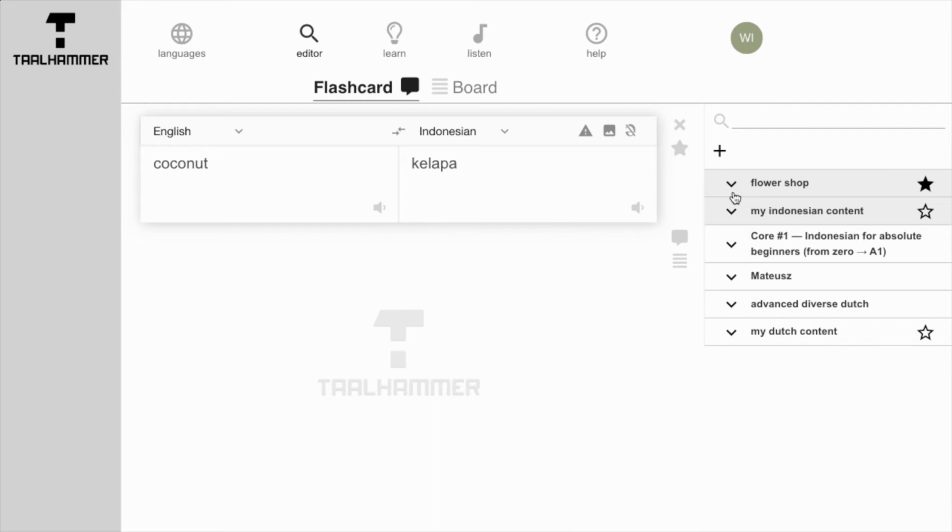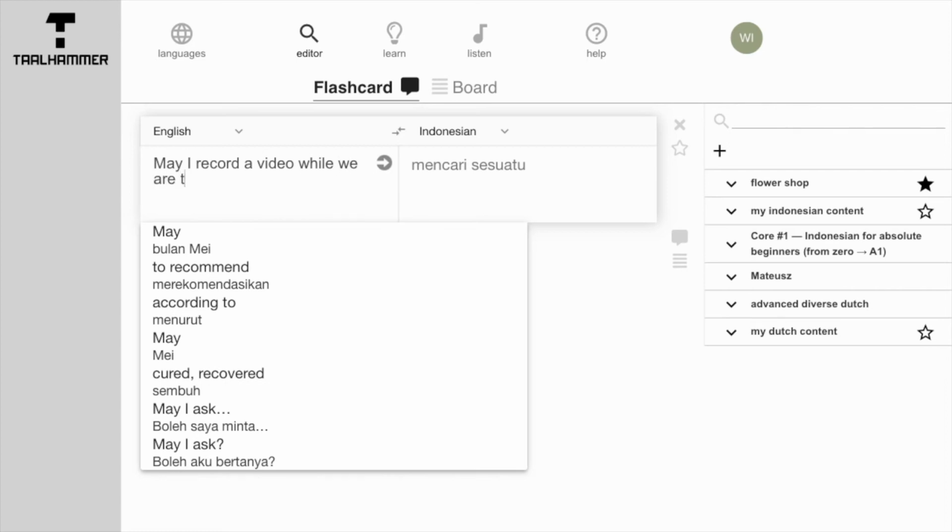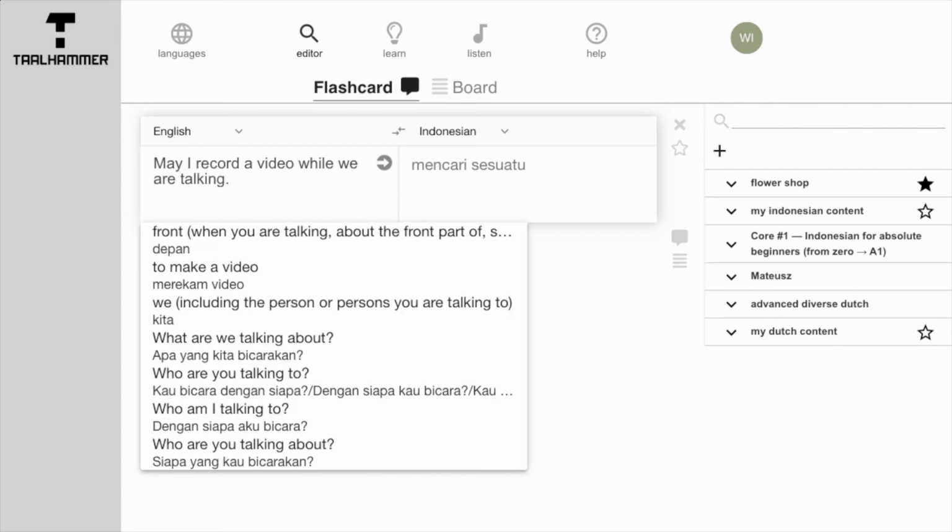Now, after my presentation and after saying where I'm from, I will want to ask if I have the permission to record the conversation while we are talking. This will be more or less a formal situation. I will not know the person that I will be speaking to. So I will want to say something like, may I record a video while we are talking? And we see here Taalhammer has